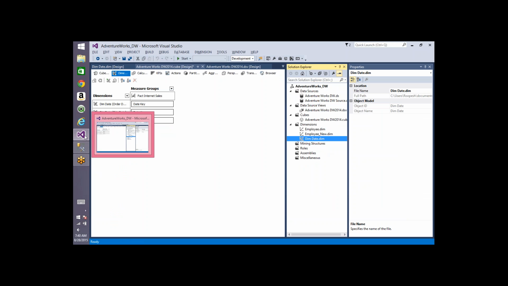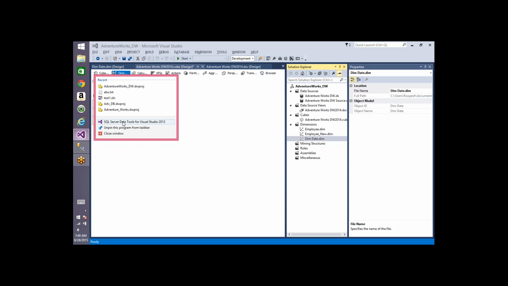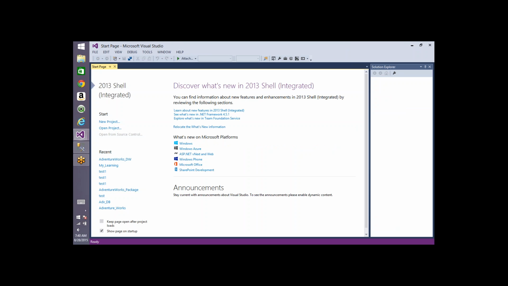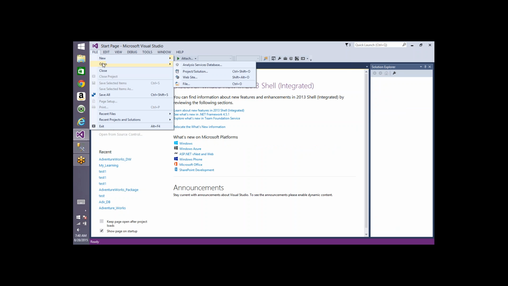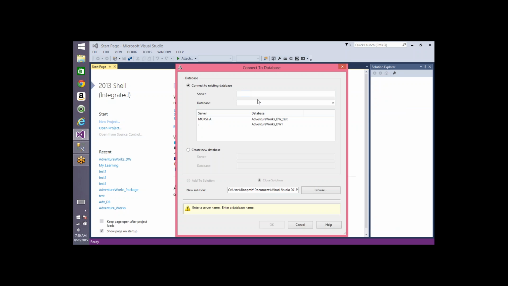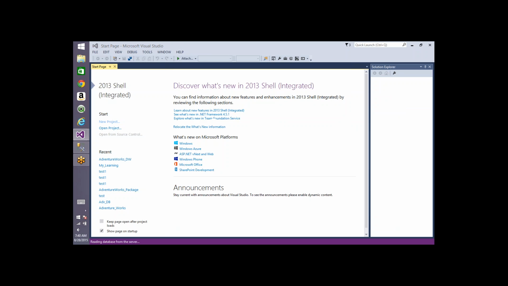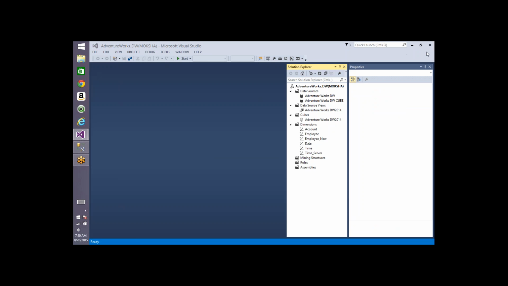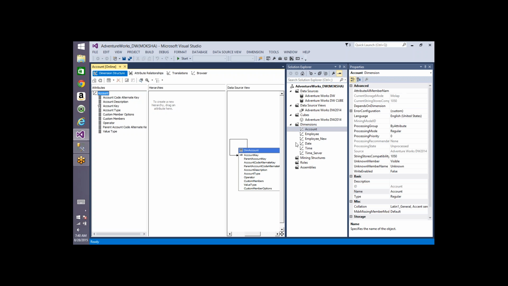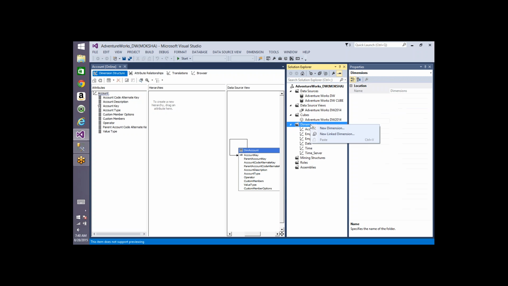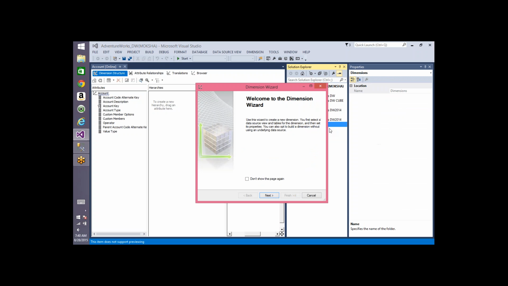For that, first I need to open SQL Server Data Tools, and I'm connecting to the already existing database AdventureWorks DW. So Moksha is the server where I have the database that I want to change, and AdventureWorks DW. Okay. Now let me add, this is the dimension which we created and added, and there are no links also, there is no data also in the database. So click on next,